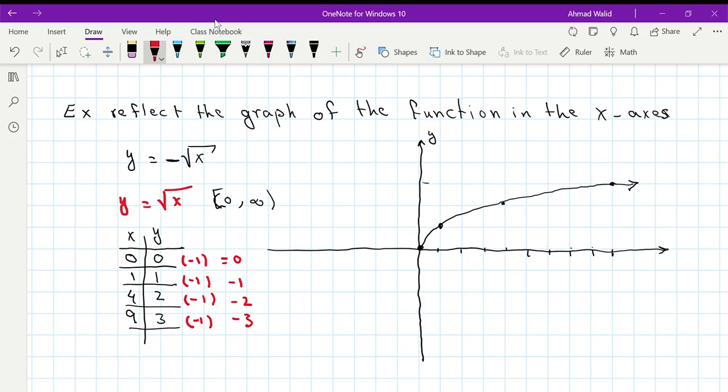Now use the new y, this is your new y, and old x, correct? 0, 0, the same point, correct? 1 and -1 will be this point. 2 and -2, 4 and -2, and 9 and -3. And if you connect them,